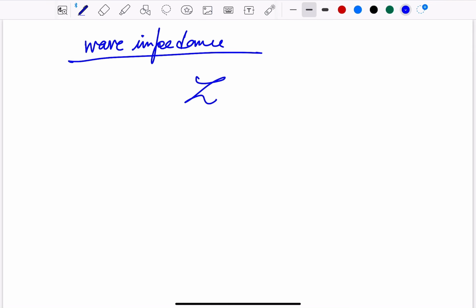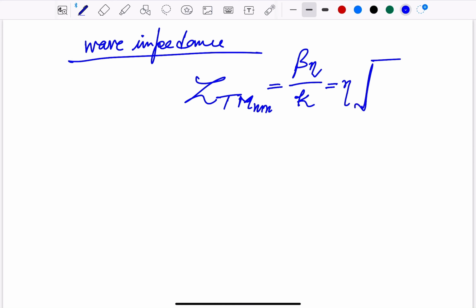So the wave impedance Z for TMmn is equal to beta eta over k, and we may expand it like this in terms of the cutoff frequency, fc over f, the whole squared. Fine. So wave impedance is definitely proportional to eta, the intrinsic impedance, as well as the cutoff frequency. Fine. Now I would like to conclude some points here